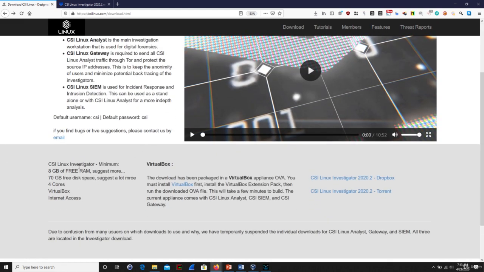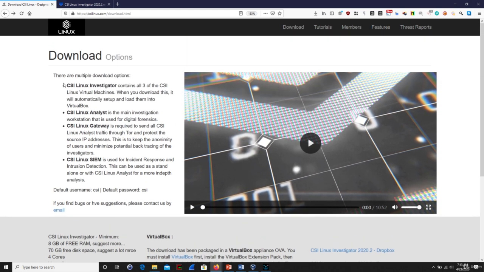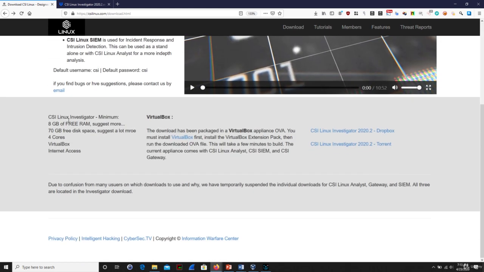Now scrolling down to here, the minimum requirement is going to be 8 gigs of RAM free. They do recommend more, and 70 gigs of disk space. So you can actually delete the other virtual machines for CSI Linux if you don't want to get into them. The main one, again, we're going to be concentrating on is CSI Linux Investigator. They suggest 70 gigs of free space or more, 4 cores, and we'll need VirtualBox and obviously internet